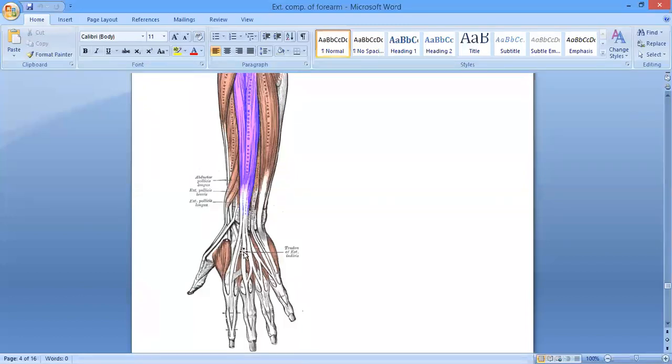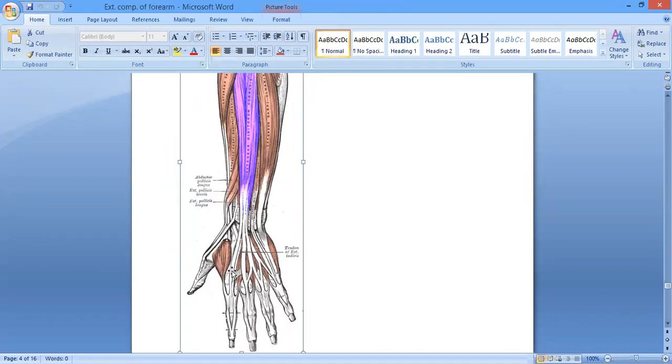It is going to receive the tendon of the extensor indicis. The tendon of the extensor indicis is going to be connected to this tendon of the extensor digitorum, which is going towards the index finger, right? And this tendon of the extensor indicis joins it on the medial aspect, right? Likewise, the tendon going towards the little finger, the small digit, the 5th finger, is also joined on its medial aspect by the 2 tendons of the extensor digiti minimi. So it is also going to be joined over here. Is it clear? Is there any problem?